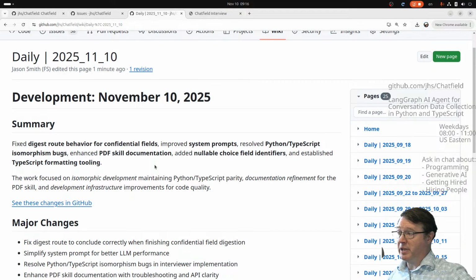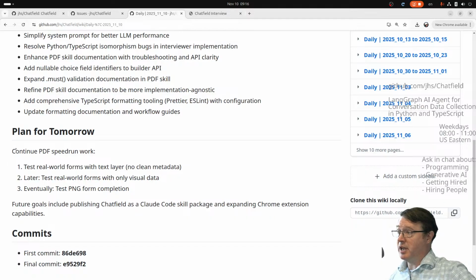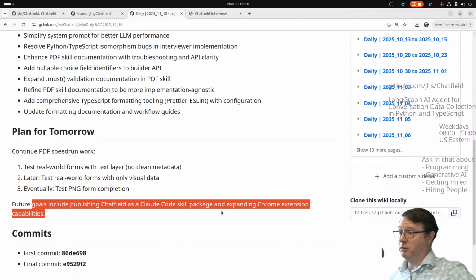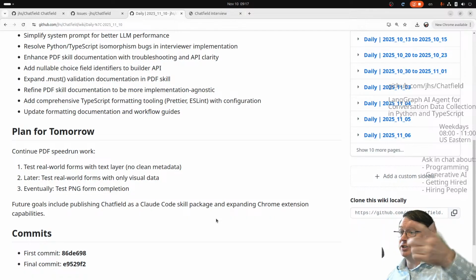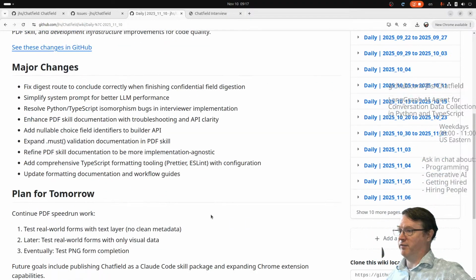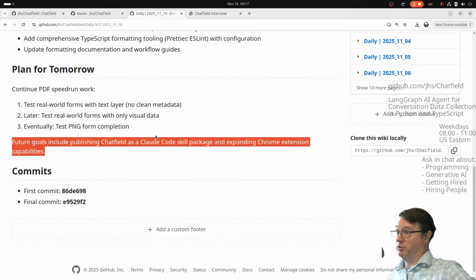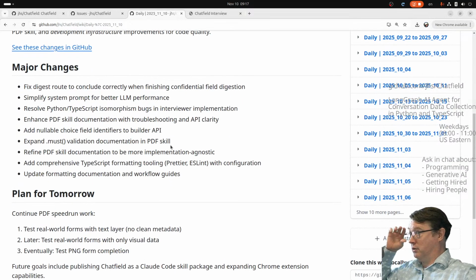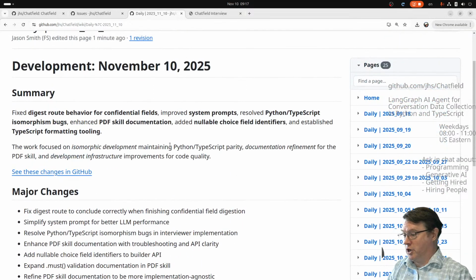And meanwhile, the big short-term goal is ship this thing as a Claude Code skill package, because the way that works, it works the way Node packages used to work a long time ago before NPM, which was you just pulled it off of GitHub, and there was a little helper to pull stuff off of GitHub. So that's what we're doing with Claude Code skills. So I want to ship Chatfield as a Claude Code skill, and so then anyone can say, "Hey, Claude Code, help me fill this PDF," and it can do it. I have to improve that web UI. That's a scaffolding temporary thing, but